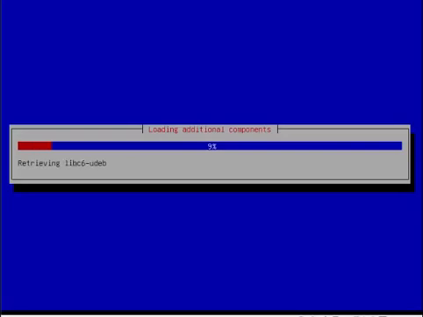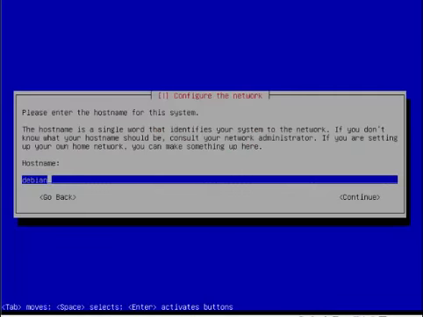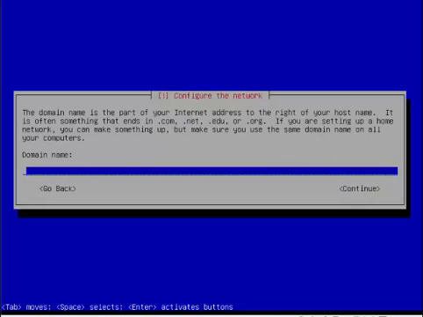It's going to go through a couple of software installs. You're now at a point where you can define your host name of the server. For this instance, we're going to just leave it at meshed text. Continue. We're going to leave the domain name blank,